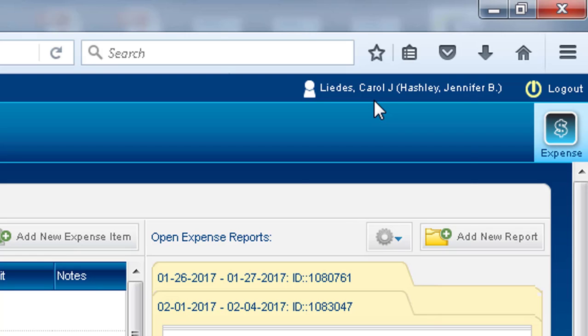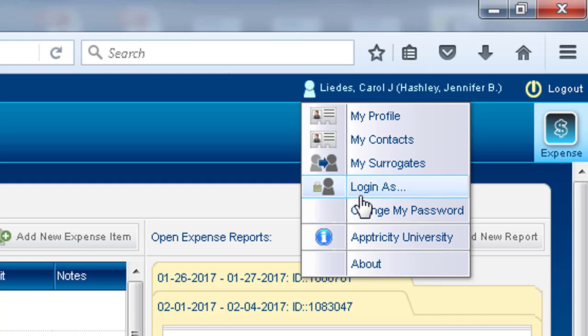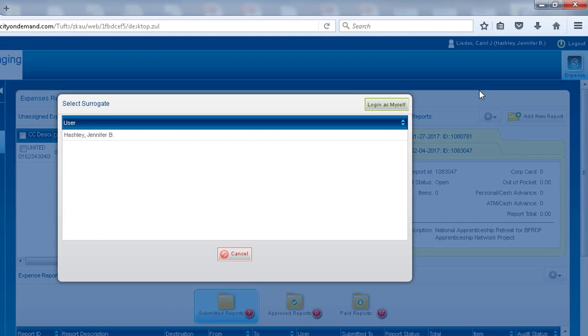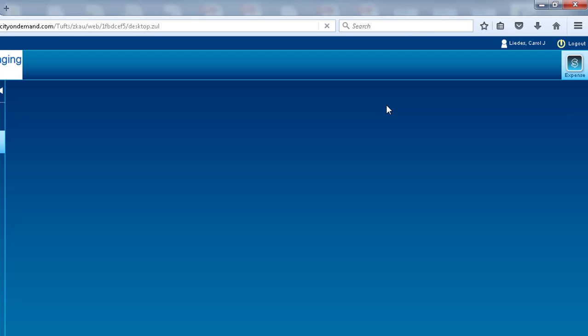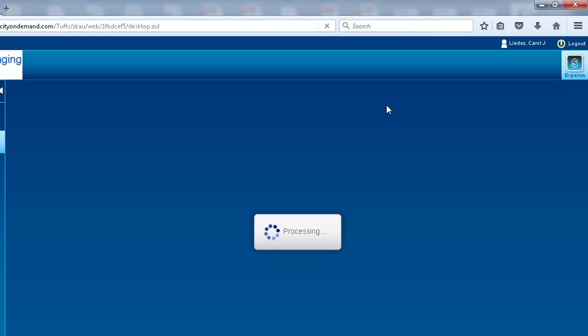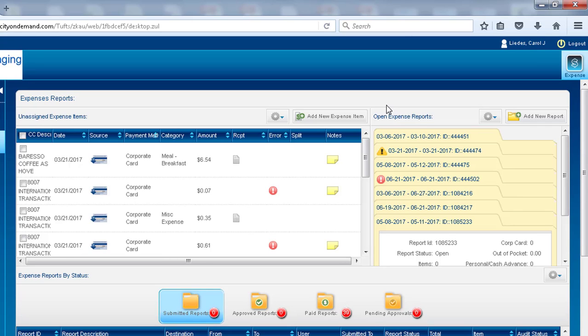To reverse, do the same thing. Hover, go to Login As, and instead click Login as Myself, and it will go back to your name only as the person who maybe traveled or the one who incurred the expense. Keep in mind that Tufts Support Services is happy to prepare travel and business reports for you should you decide